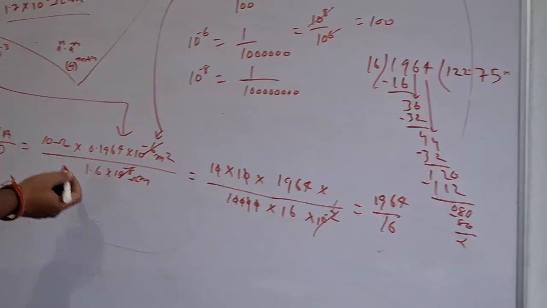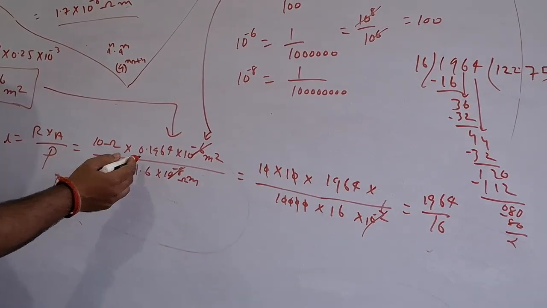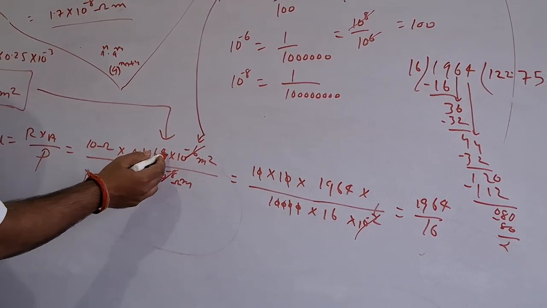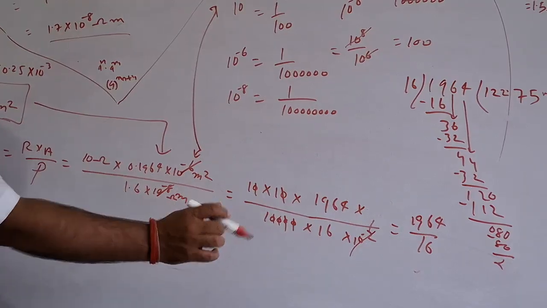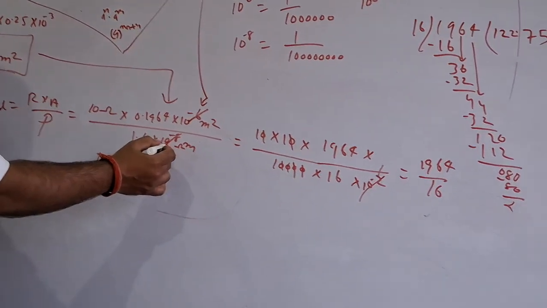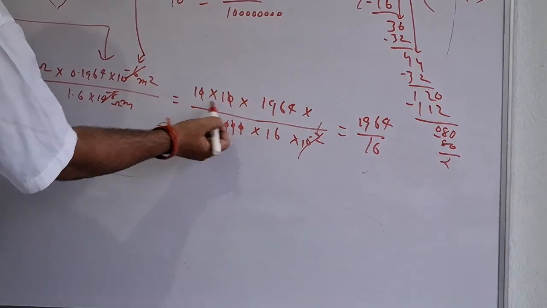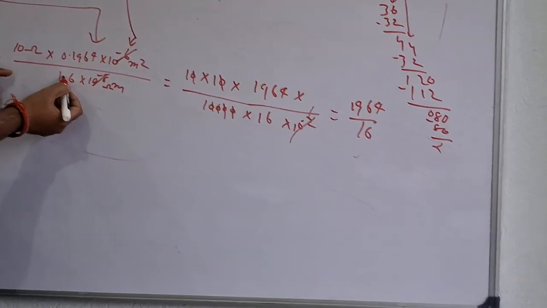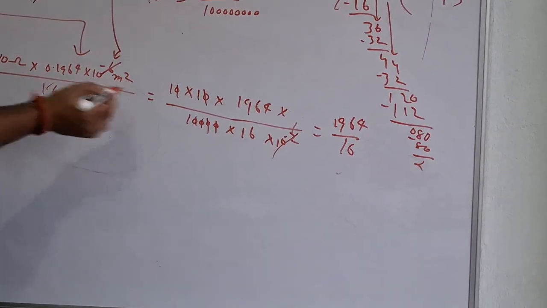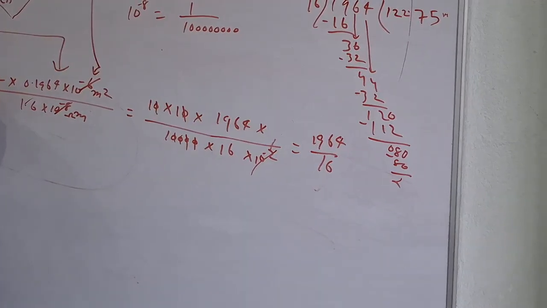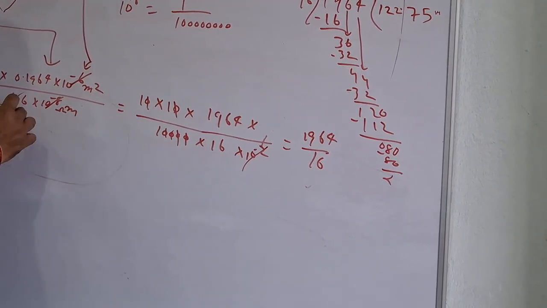So now see here, 10 to the power 8, 0.1964. So 6 zeros we have cancelled out. 2 zeros are left here. So it will come here 100. So I just divided this. See, if you will remove this decimal, then you will get 10 here. So we have written 10, and already there was a 10 and 1000.